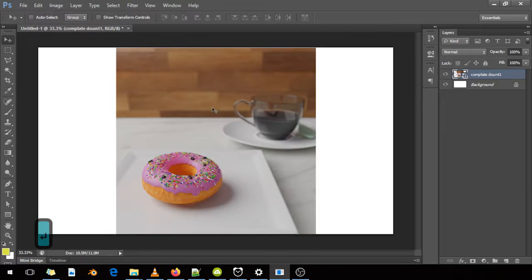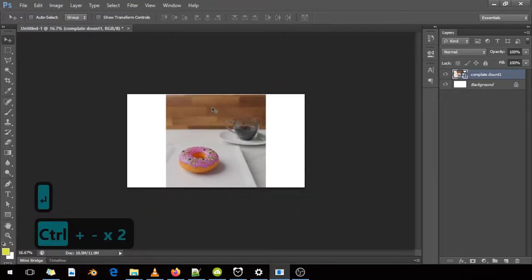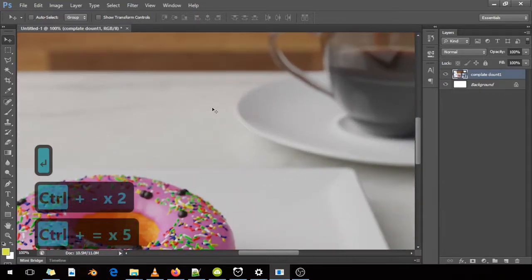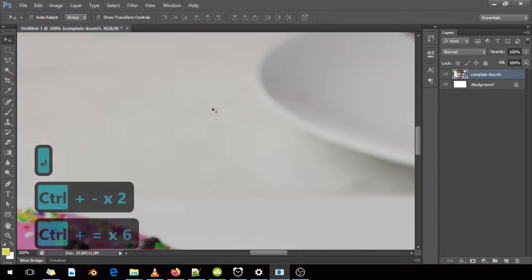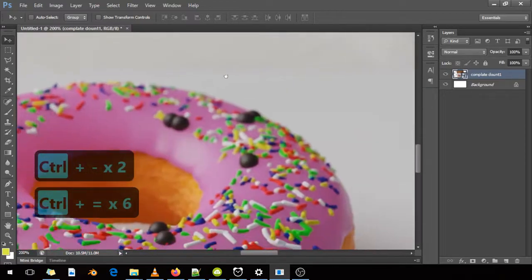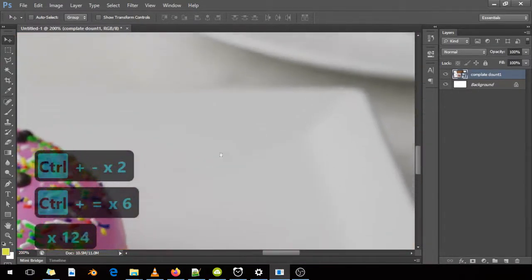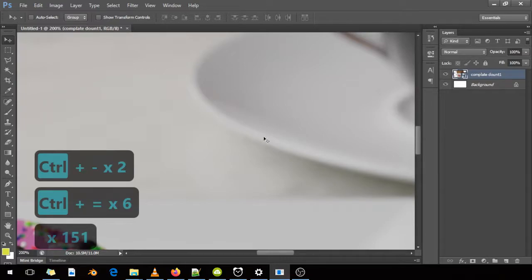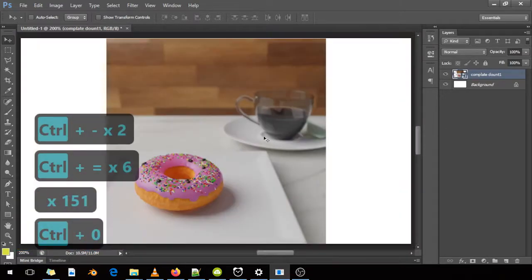Okay, the first shortcut is Control minus to zoom out of the image and Control plus to zoom in the image, and press space to pan the image and navigate around the image. Okay, the next shortcut is Control 0 and